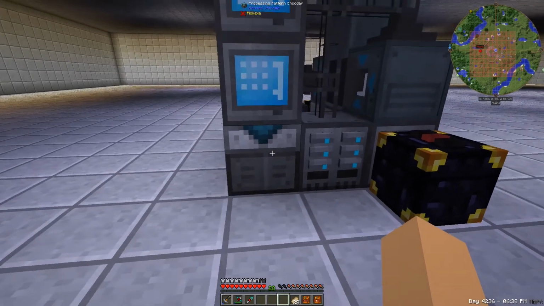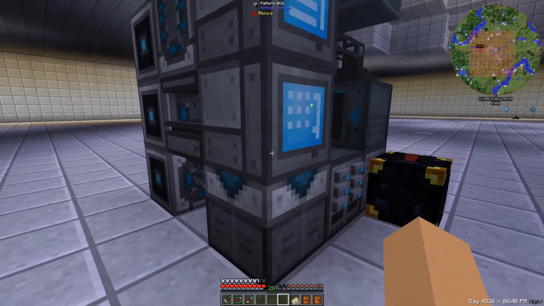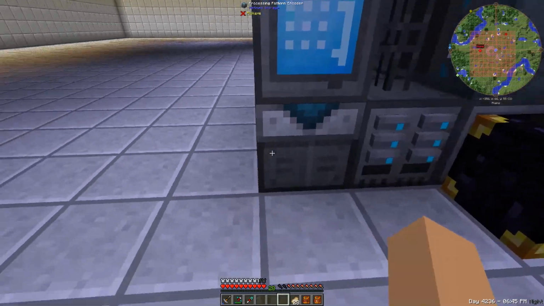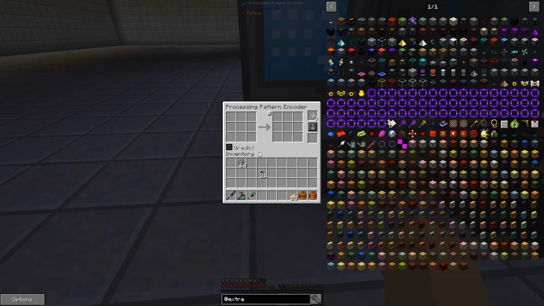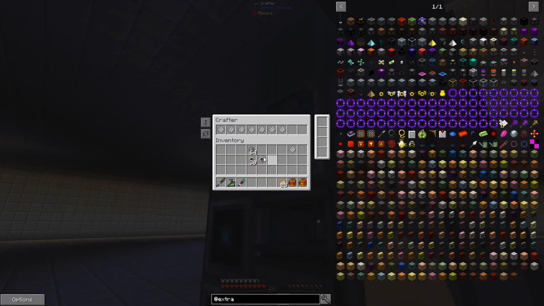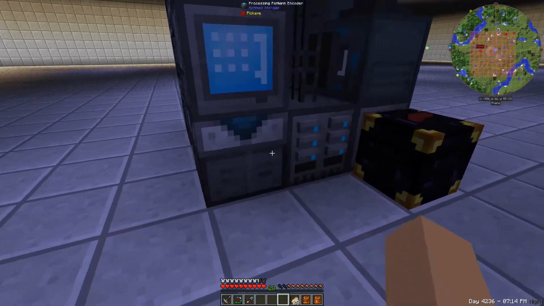We want to go, there's two pattern grids. In one, everything you shift in here, you can make a pattern off of it, and then there's a pattern processing one, which is a little bit different. The way it works is you tell what items you want to turn into what, versus it just doing the crafting grid. In this case, I want silicone to turn into painted silicone. So we can put this up here, and now